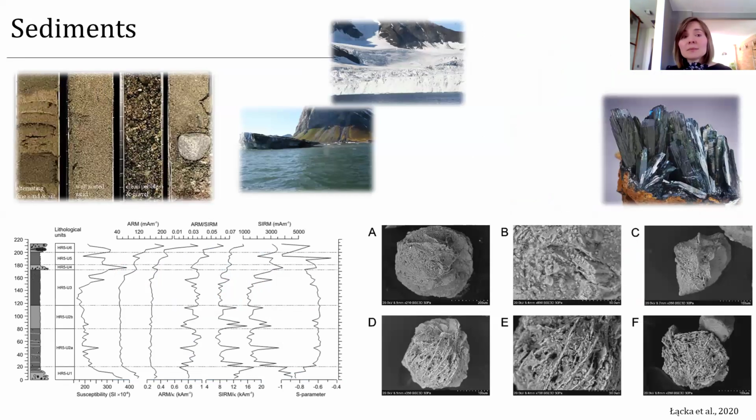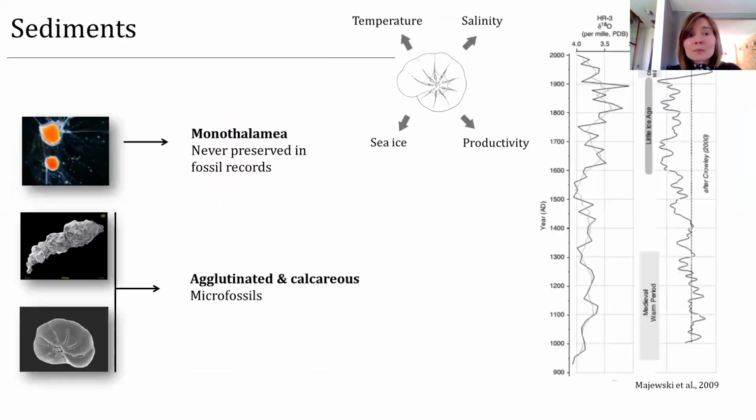And of course, sediments, my favorite. Sediments are an extraordinary archive of past conditions, past biodiversity. We can analyze both mineral composition and chemical composition. We can analyze grain size of the sediment, and each of these parameters can provide us information about the past environments. I will not tell you more about it because you will hear more next week, and I'm pretty sure that it will be a very interesting lecture.